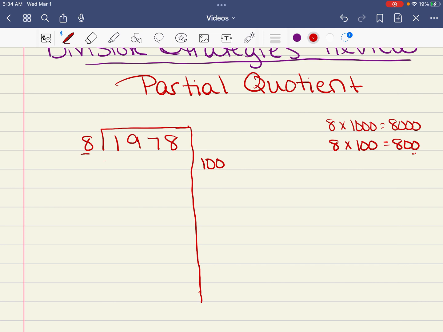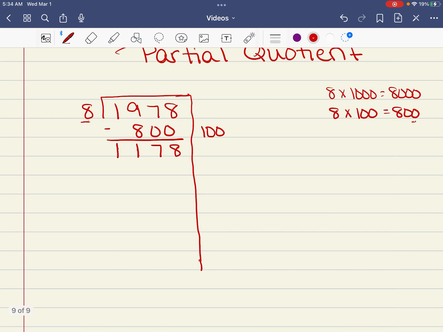All right, so I'm going to go ahead and subtract 800 because 100 times 8 is 800. Again, I'm just pulling out 100 groups of 8. Well, once I divide that out, I need to know how much I have left over. So 8 minus 0 is 8. 7 minus 0 is 7. 9 minus 8 is 1. And 1 minus nothing is 1. So I now have 1,178. Well, I can go ahead and divide another group of 800